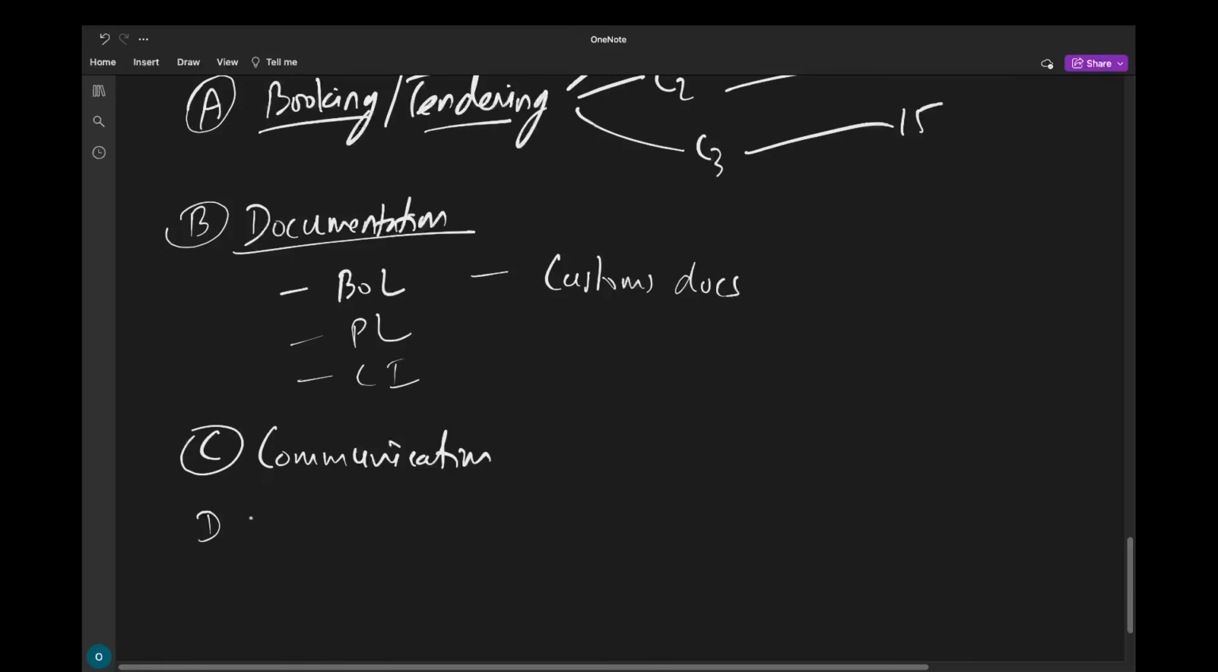Then after communication, the actual pickup or loading will happen. Courier arrives at the origin, goods are loaded onto the vehicle, and documentation is signed. So that is loading. Then once the loading has happened, the vehicle will go into transit, and then we will be doing in-transit